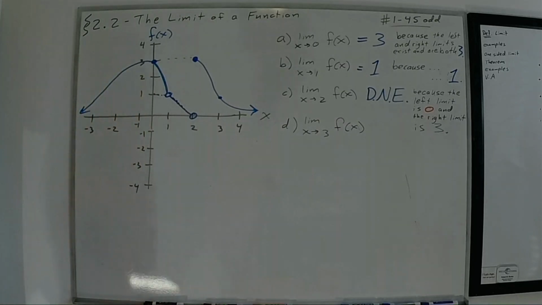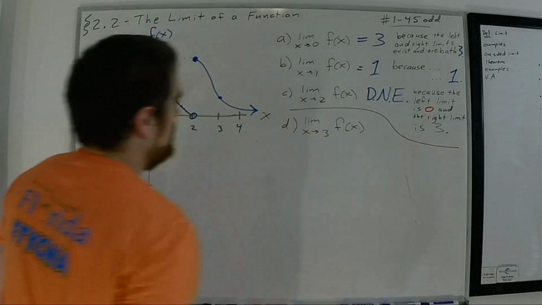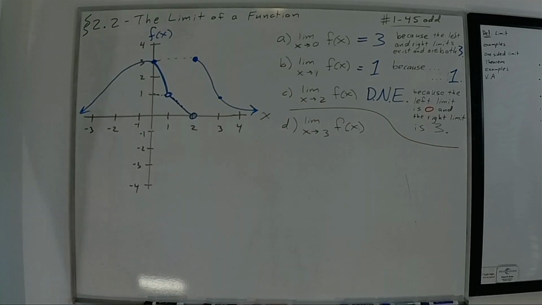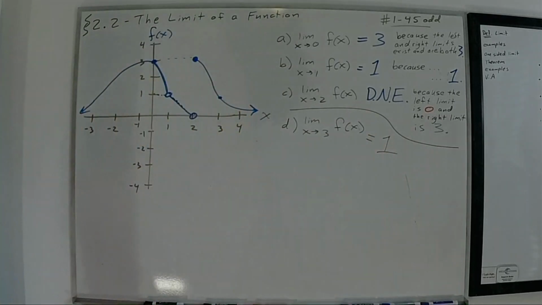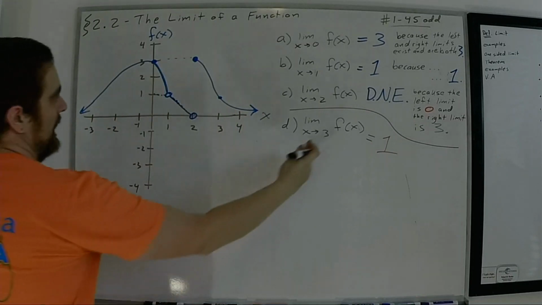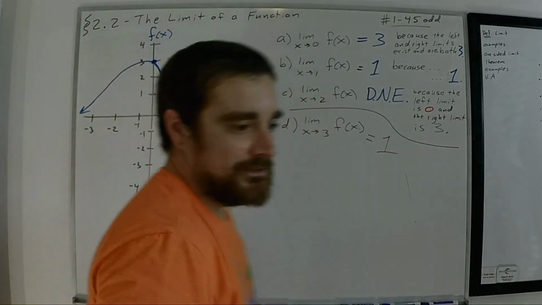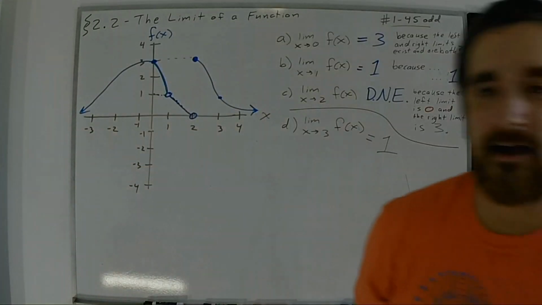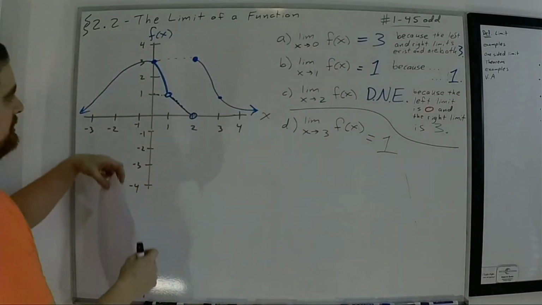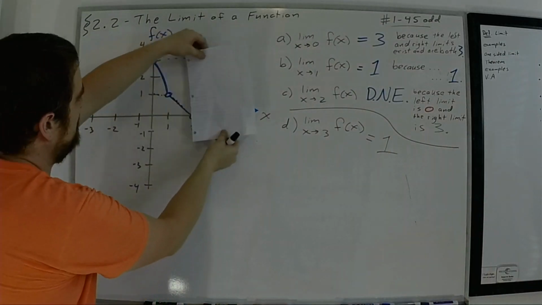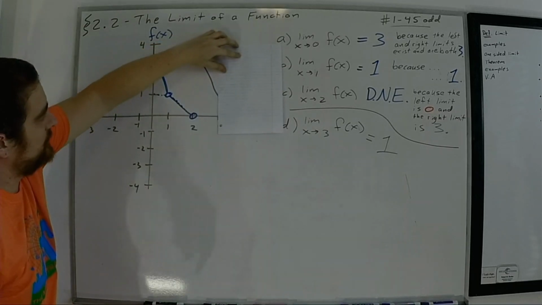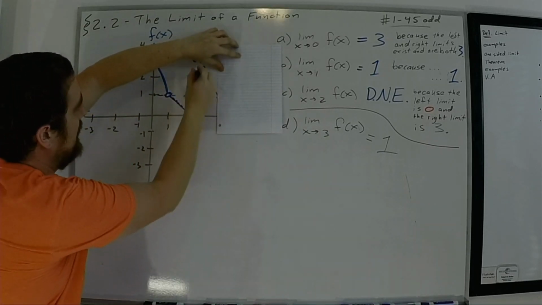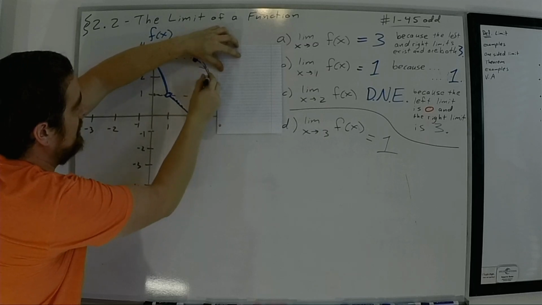And of course the last one here, part D, what is the limit as x goes to 3 of f of x? I'm going to be real cheap with this one. It's got to be 1. As I get closer and closer from the left, I'm going to use my very high-tech visual aid here, a piece of paper. As I get closer and closer to 3, look what output I'm going to, right? I'm approaching